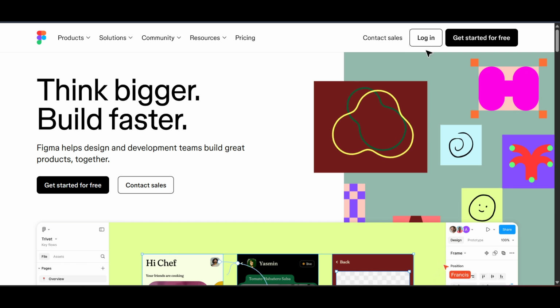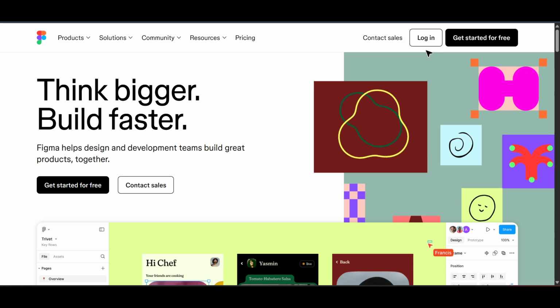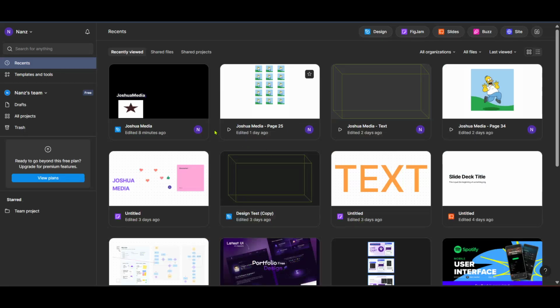Once you're on the homepage, look for the design section or your recent projects where you'll be practicing today. Click on a project to open up the design interface. Now that you have your workspace open, let's move forward to accessing the guides and rulers, essential tools for aligning